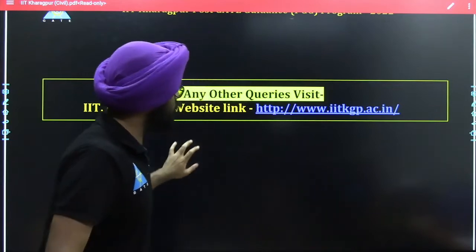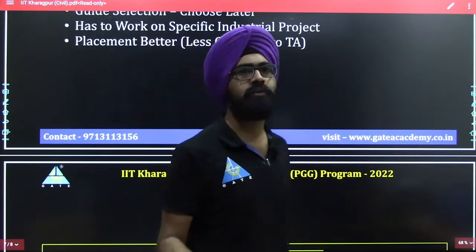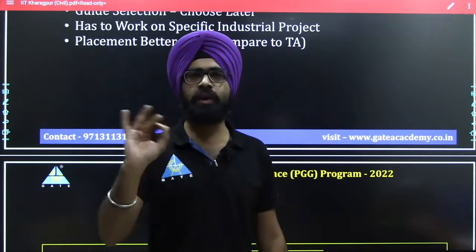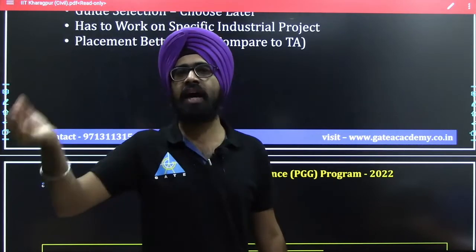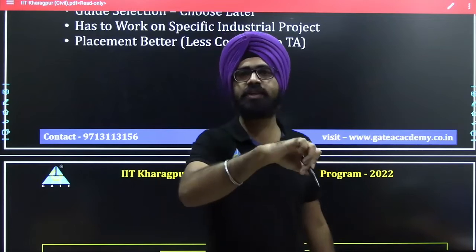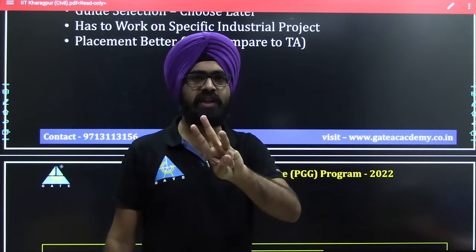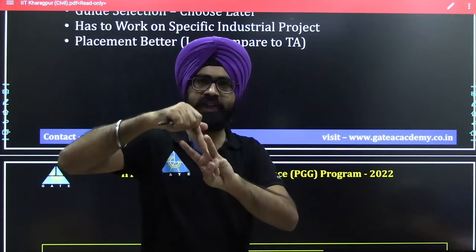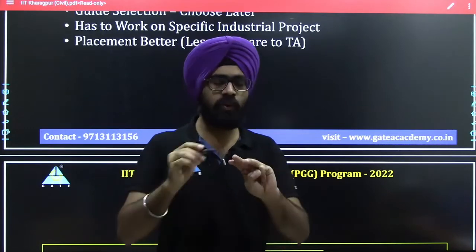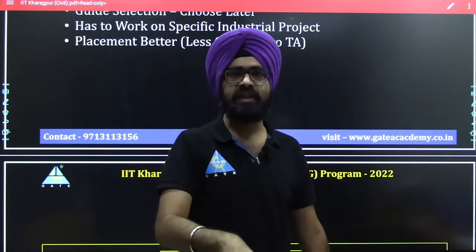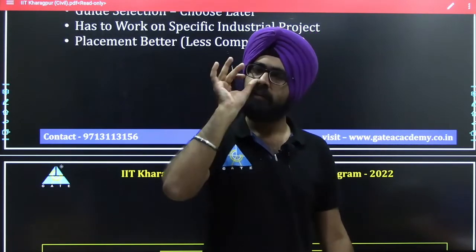Okay, now how you should apply here: the dates will be announced soon. First of all, you have to register yourself in COAP, that is the Common Offer Acceptance Portal. There you have to register, and it will ask you in which of the IITs you are interested to apply. The GATE score is valid for 3 years. If you are planning to apply based upon the GATE score of 2020 or 2021, you can do that also. If that particular score was higher than this year's, then you can apply with that. When you are filling the form in COAP, it will give you the options.